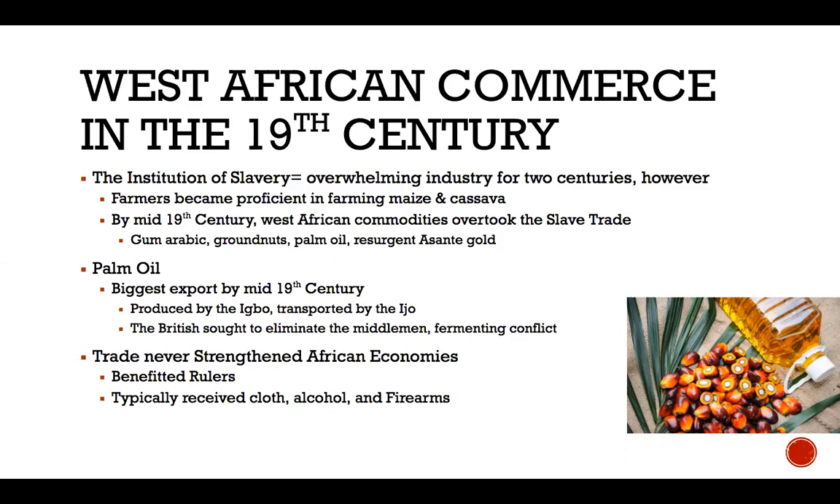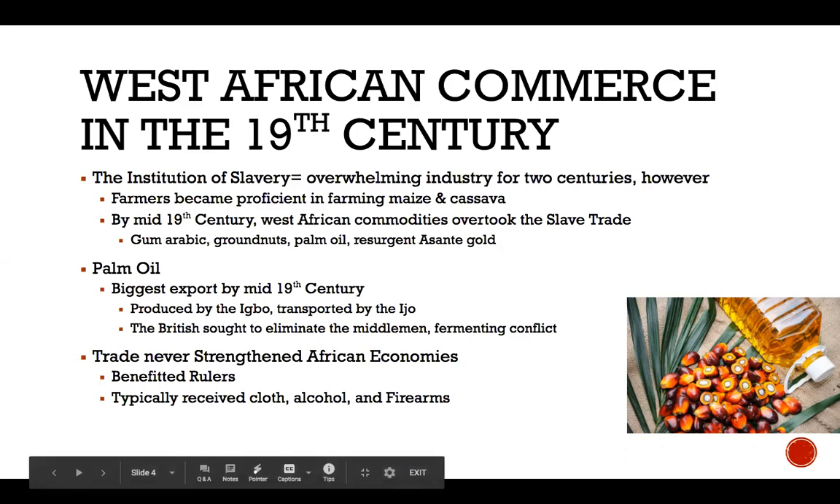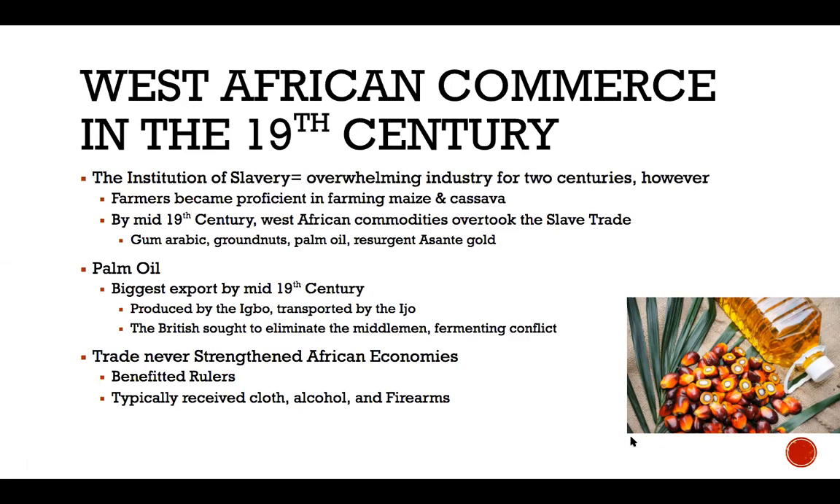However, the biggest commodity out of West Africa was palm oil, pictured here. It continues to be a very important product to this day. But it was produced by the Igbo people, which, by the way, Olaudah Equiano, we spoke about, had come originally from Igbo land as well. So it was produced by the Igbo people and transported by the Ijo people, who both had previously been used to transport captured people for enslavement, but now they were repurposed for transporting things like palm oil. However, conniving as ever, the British sought to eliminate the middlemen